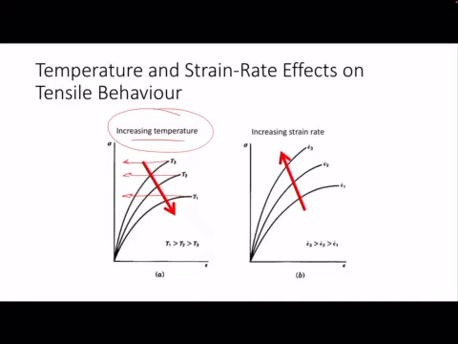But what is maybe not as obvious is the effect of strain rate. And so we see that as your strain rate increases, the strength also increases. But in both of these cases, like for temperature, as you go to lower temperatures, your ductility decreases. And the same here with the strain rate. As your strain rate increases,